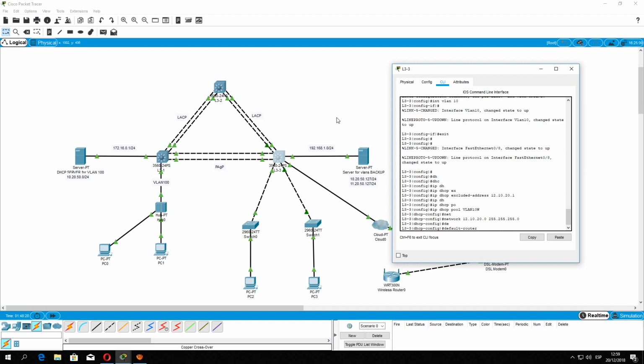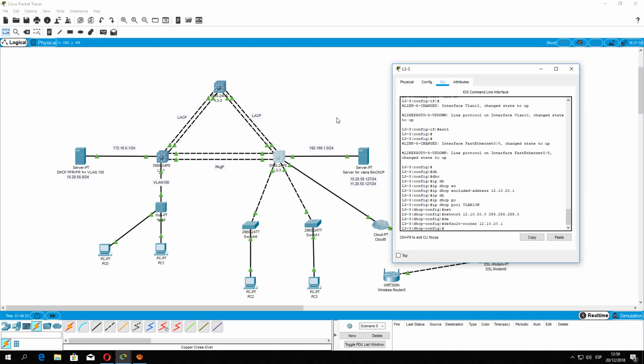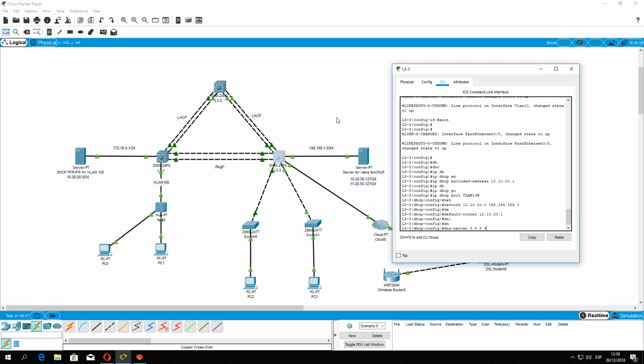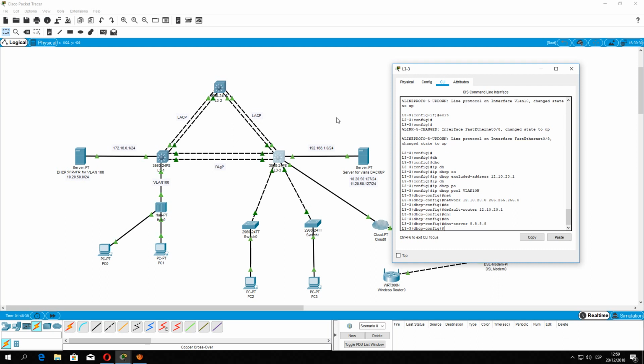Default gateway 12.10.21. DNS, I'll put right here 8.8.8.8. Okay,